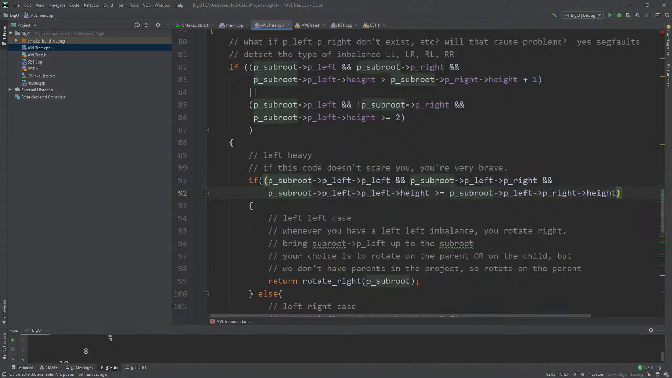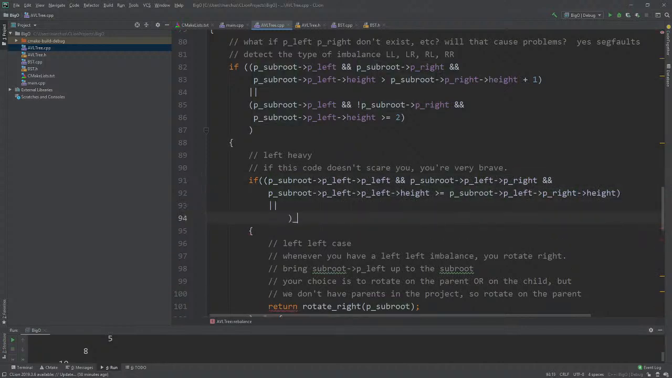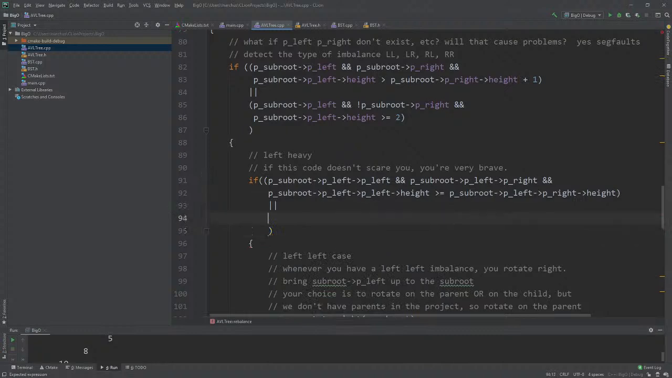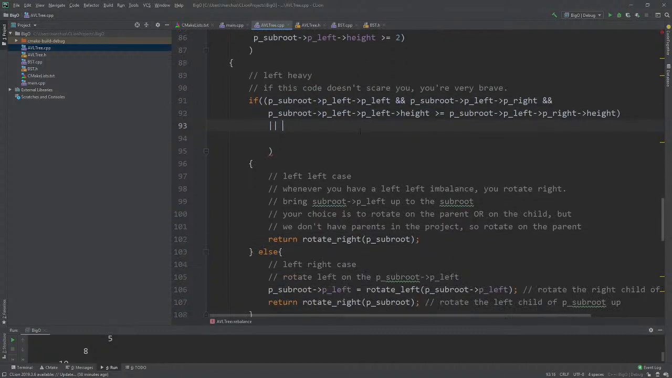Okay, so now let's do the other condition. What's the other condition? I haven't even said it yet. The other condition is, well, what if they don't exist? Well, we know this thing is left heavy. So if the thing is left heavy, and what would make us in the left case, right? So the thing is, if this exists and this one doesn't exist, right? Then we know we're also in the